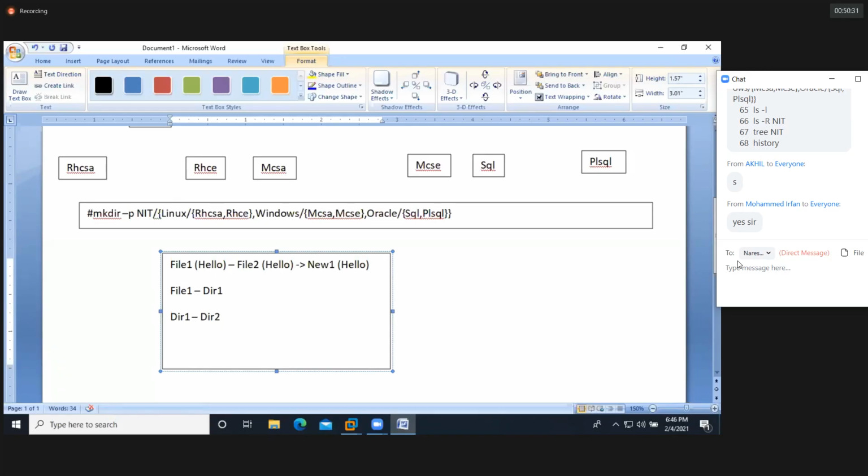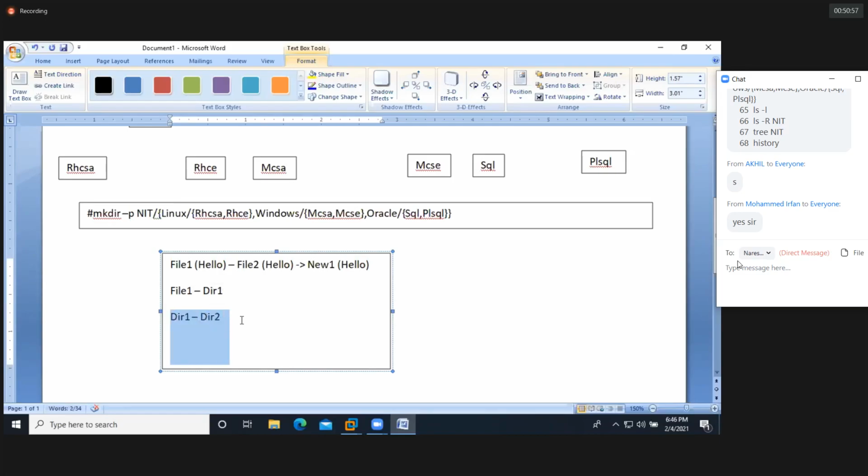We can create multiple folders, maybe English movies, Telugu movies, Hindi movies like this. I'm going to keep the English movies in the English folder, Telugu movies in the Telugu folder, and Hindi movies in the Hindi folder. I can keep folders inside folders. So that means we can copy directories into directories. It is possible.